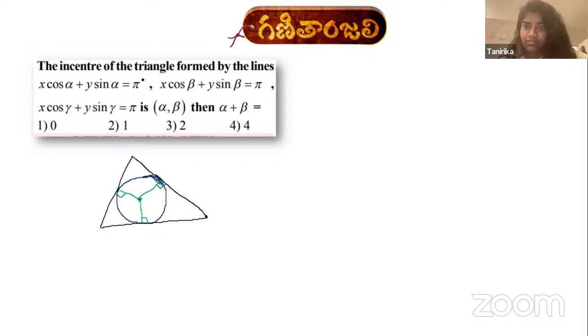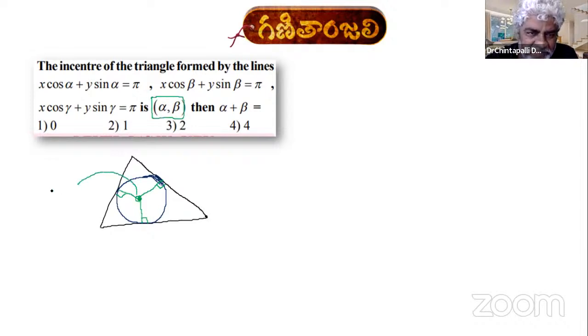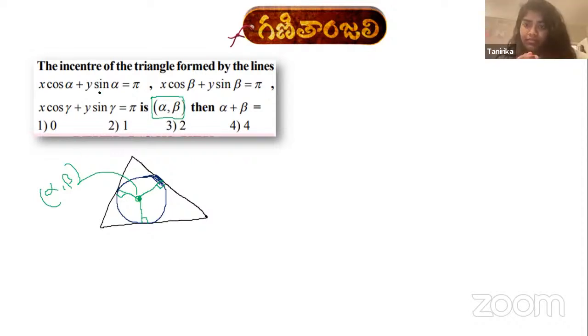The incenter of the triangle is given as alpha comma beta. It is the incenter. The incenter of the triangle formed by the lines so and so is alpha comma beta. What is asked actually? Alpha plus beta is asked. So here the trick is we can guess this point without